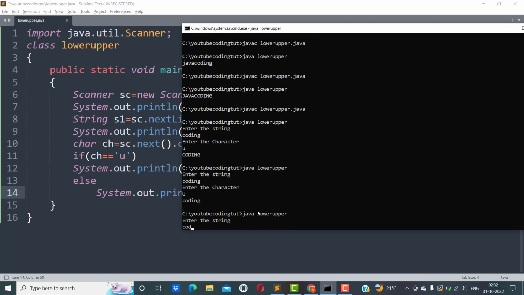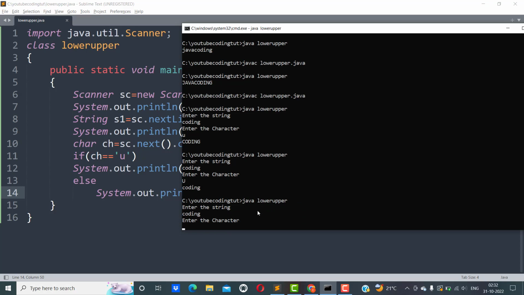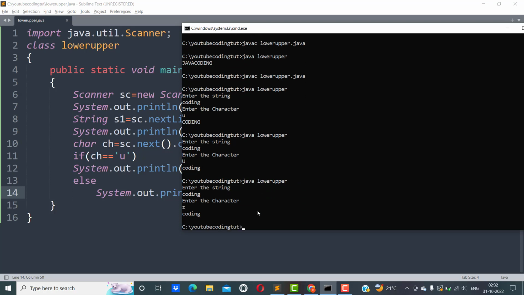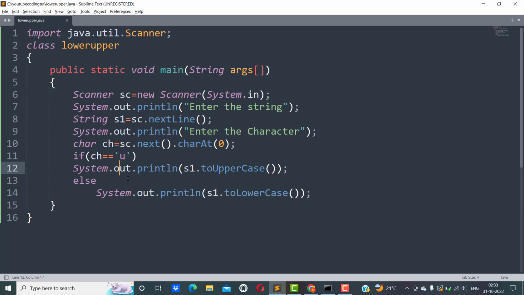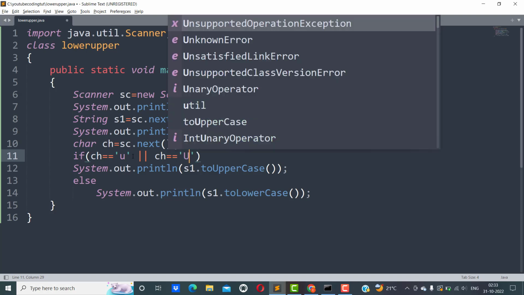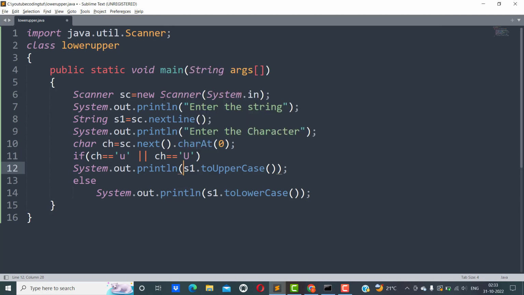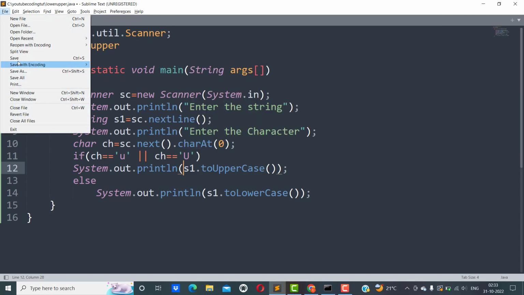Why did it not convert our string to uppercase? Let's see. Because here we have only written the condition for small u. If the user enters small u, then only it will convert the string to uppercase. We didn't write any condition for capital U, right? So we should write a condition for capital U. So if ch double equal to u or ch double equal to capital U. If either of these conditions is true, then it will go inside the block and it will convert the string